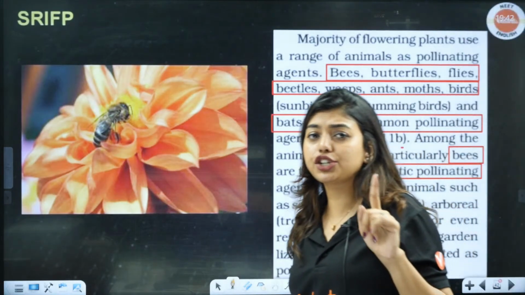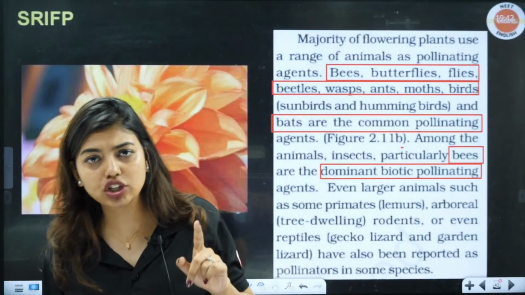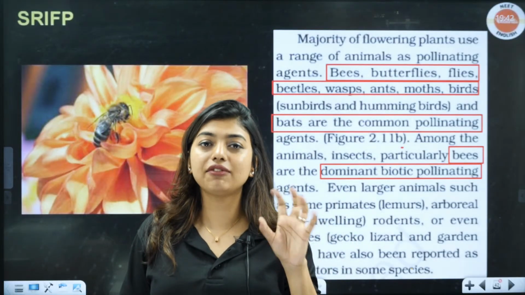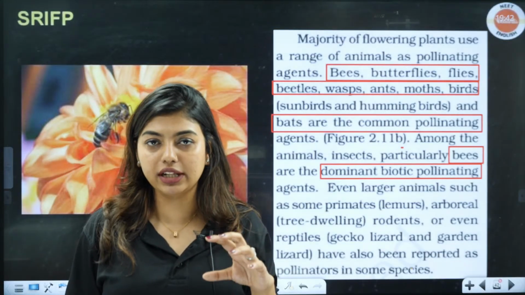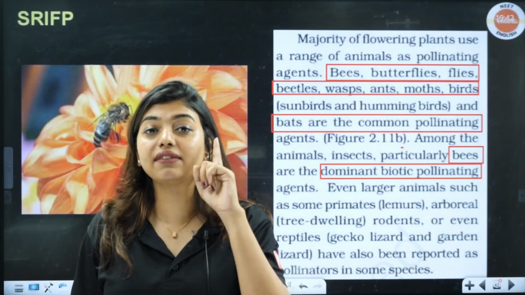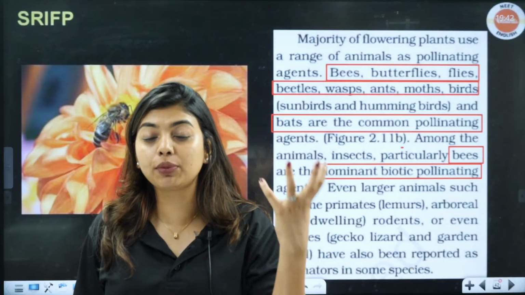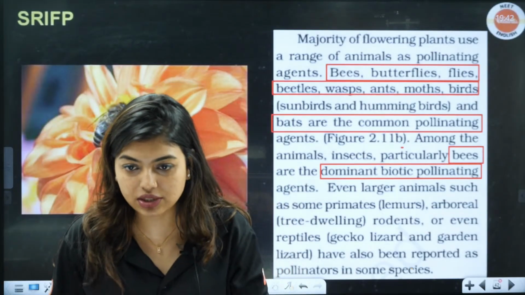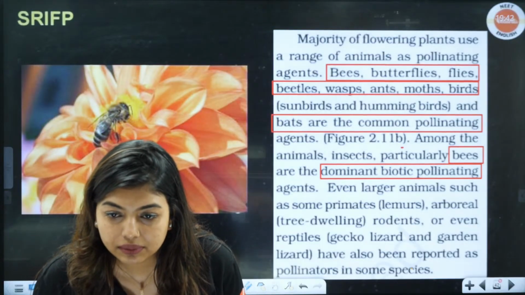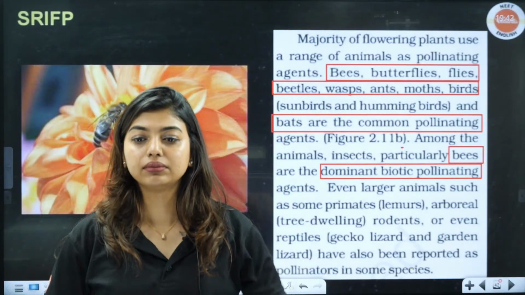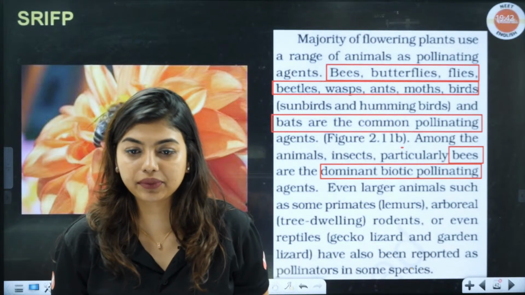So, what will you write? For wind pollination, you will write that the pollen grains are light and non-sticky. Stigma and anther are well exposed. They are feathery, so they can attract the pollen grains. Other than that, they have a single ovule. Flowers are not big. They are formed into an inflorescence. Clear? Understood?